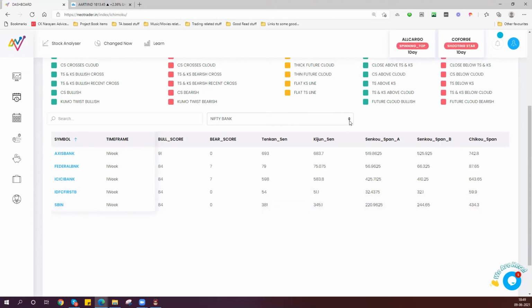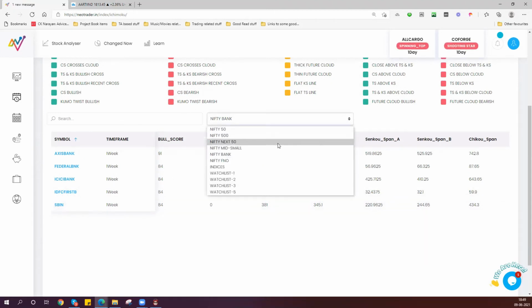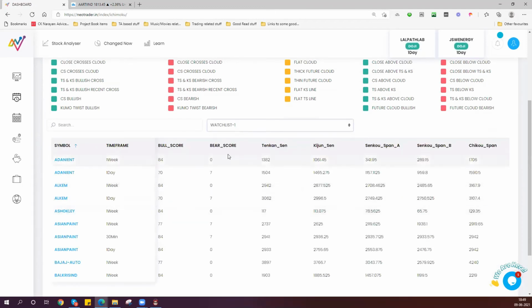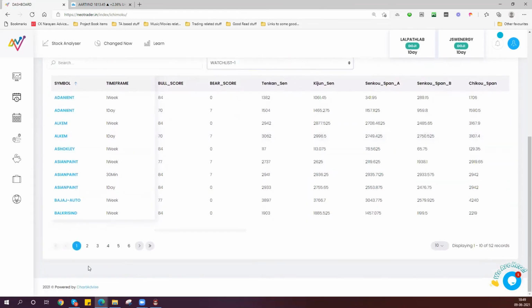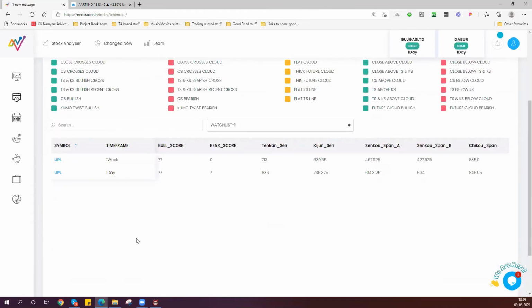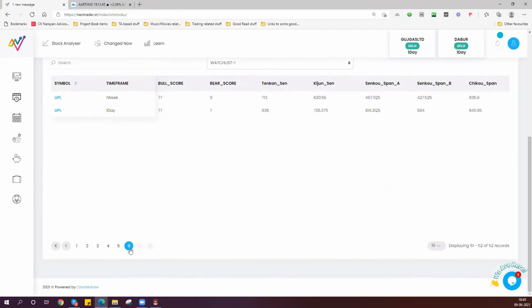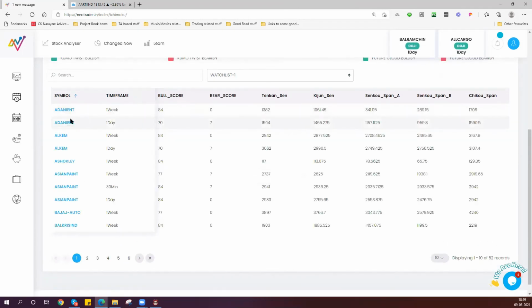So let's see if we can find some other small set. Okay, let's go to maybe here is some watch list. Now this watch list I think has some 40 counters. Now here also you have lots. So you've got six pages, so in reality 5 pages. 5 pages means 50 entries with 4. Like Adani Enter, two entries, Alchem 2 entries, Ashok Leyland 1 entry, Asian Paint 3 entries. So the actual stocks here might be just about 10 or 12. Okay, so there you can choose.